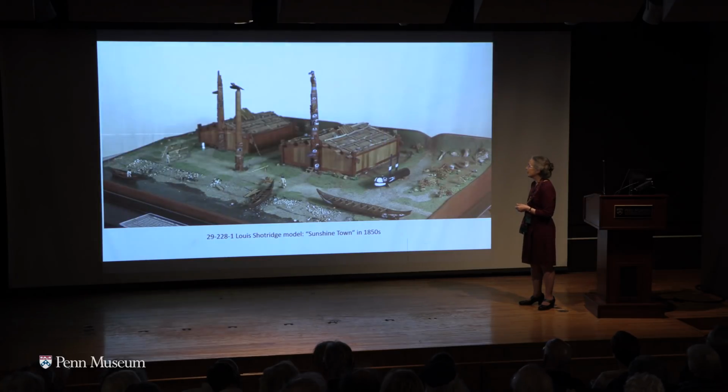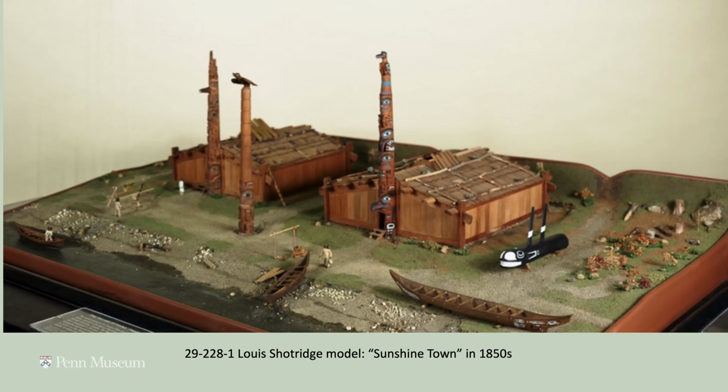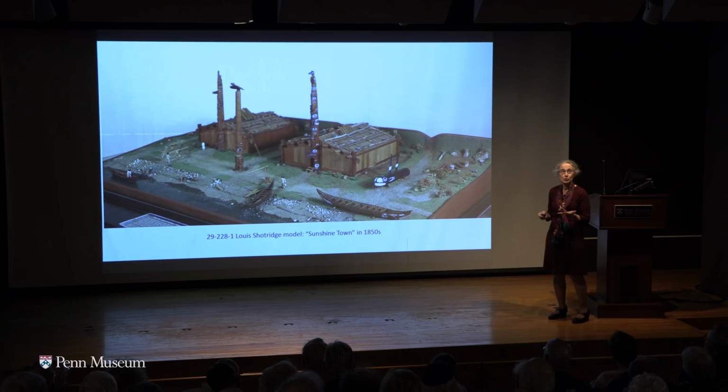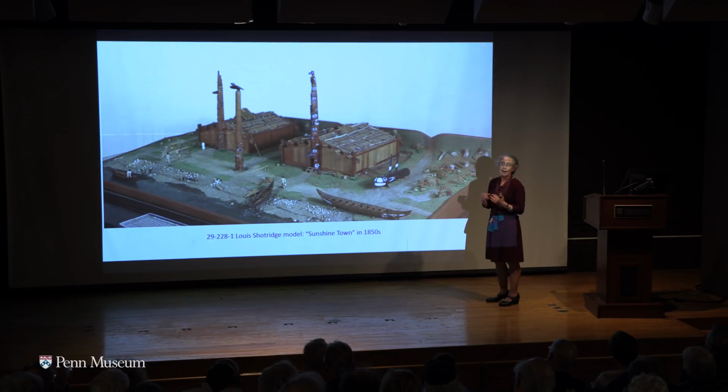The very last thing that I've returned to again and again is the Shotridge models, one of which is right in front of the business office and one of which is crammed under the stairs right now. Again, this is the kind of thing that I have loved since I was a little girl. I've always loved little tiny models. But when I think about one of our first curators of the North American collection, Louis Shotridge, himself a native member of this village,